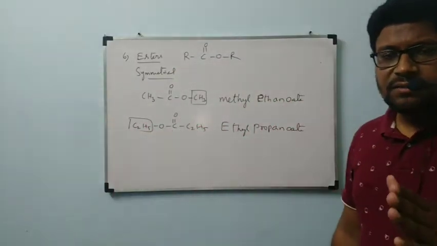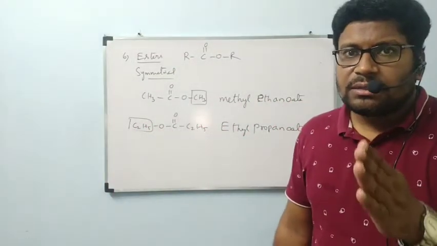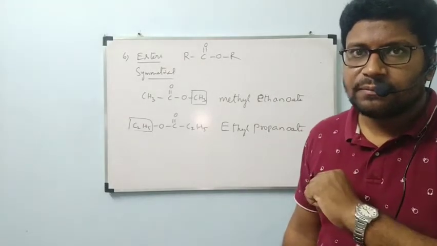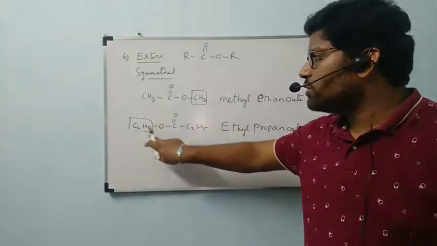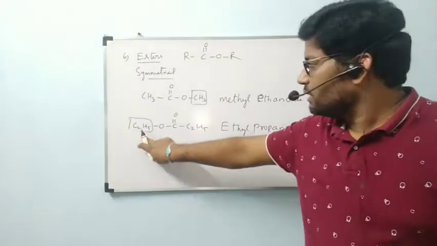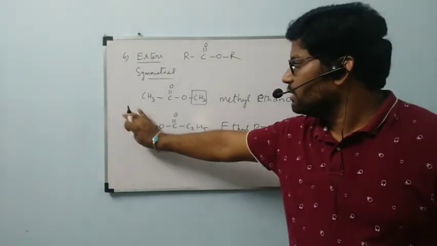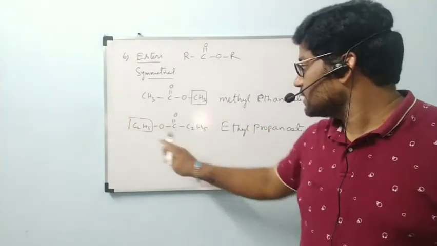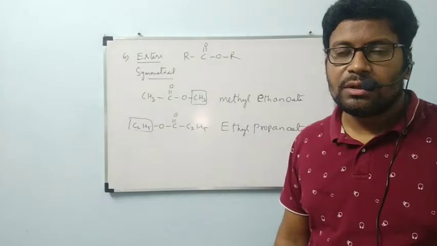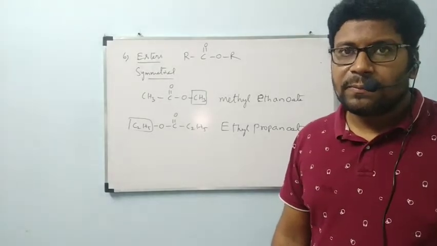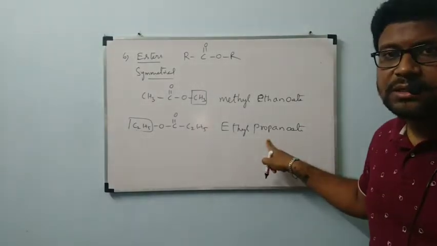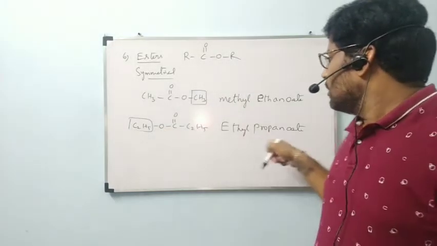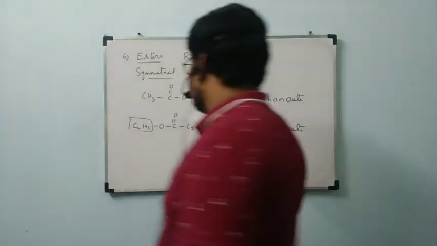Okay, so first, what is the procedure? The alkyl group which is bonded to oxygen, we have to close that one. First we have to write the name. The alkyl group which is bonded to oxygen is ethyl. Ethyl I wrote, and close that one. Excluding that, how many carbons remain? 3 carbons. 3 means what is the root word? Prop. All are single bonds, so an, oate: propanoate. Ethyl propanoate. Next example.